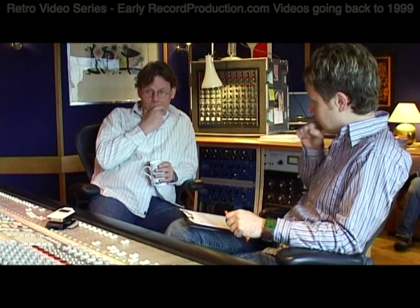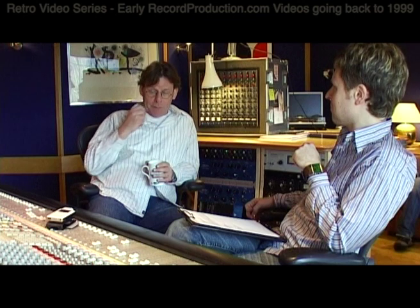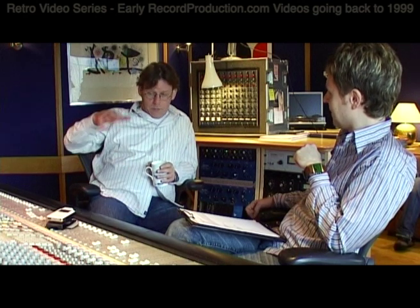So I got the opportunity to go and see a studio, which was funnily enough a home studio, but was quite sophisticated at the time, because we're talking about 1971 or something here. And it was a guy called John Congus who had two big hits in the early 70s, and he had his own studio in a basement in Barnes. And I went to look at it through various friends who had a connection, and I just thought, that's it, that's what I wanted to do. And from then on,